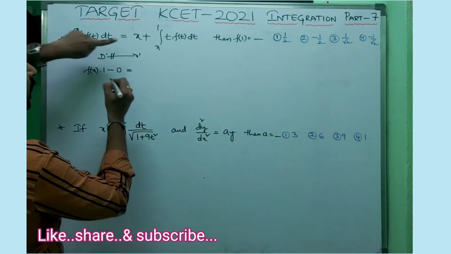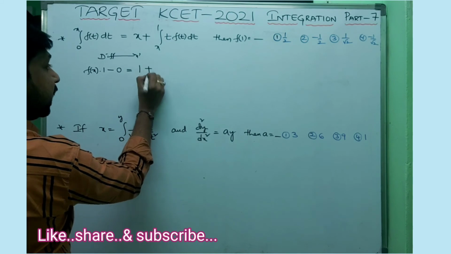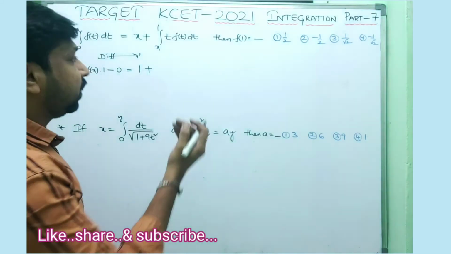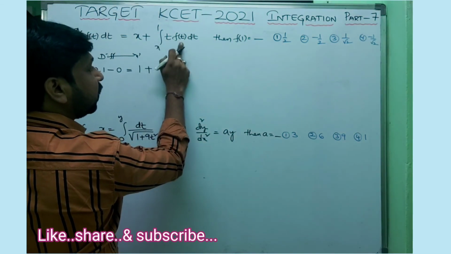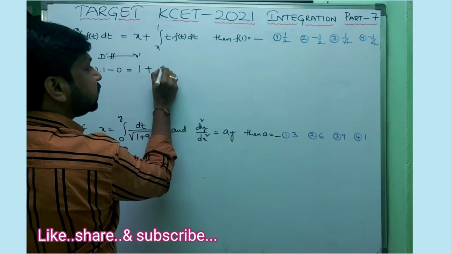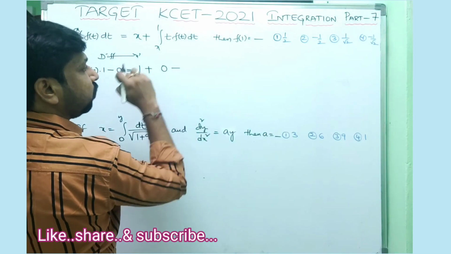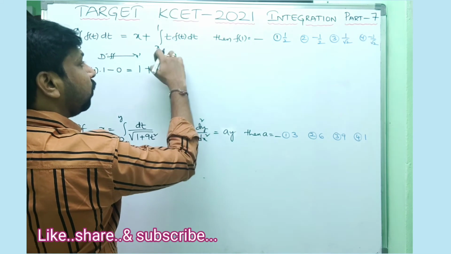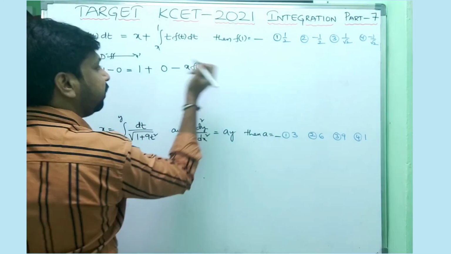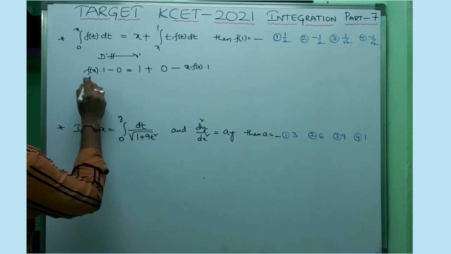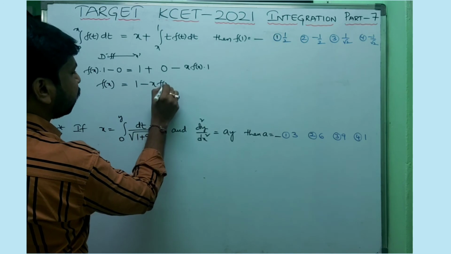No need to write that. And if you apply differentiation on the right hand side, the derivative of x is 1 plus, again, an integration you are getting. That's why you need to apply the derivative again here. So again upper limit 1 into f of 1 into the derivative of 1, which is nothing but 0. So I put 0, minus the upper limit minus lower limit. Then if you apply the lower limit, you substitute x f of x into the derivative of x, which is the lower limit derivative, 1.